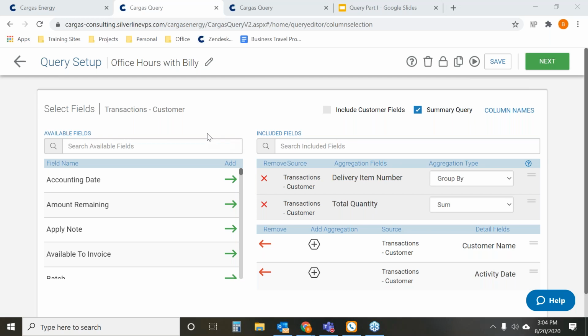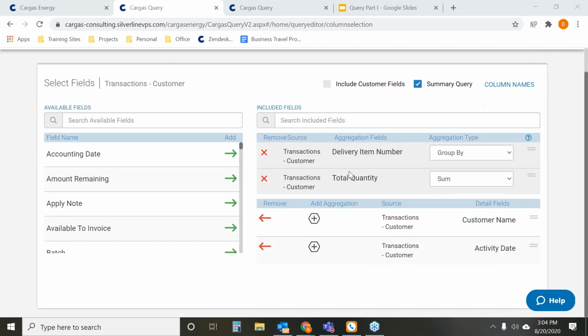Okay, great question came through. Question is, in our example here, we're grouping by item number, but how can we also sum the quantity for each customer? Well, what we would do in that case is we would want to add additional summaries into this. So what we could do is if you had customer name or customer address or